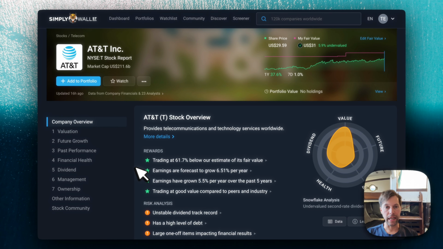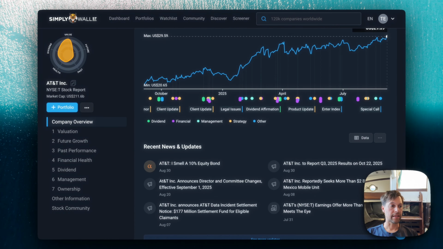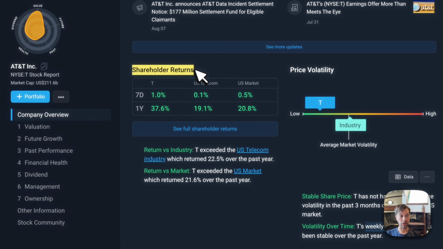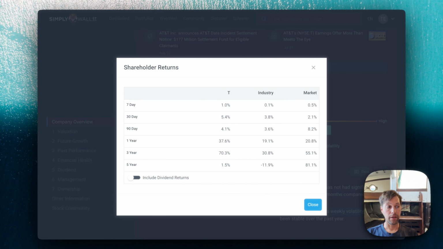The place I'm actually going to start is within the overview. You don't get to it on this side menu, it's within the overview. If I just scroll down, it's just beneath the price chart, and it's this section here, shareholder returns. If I click full shareholder returns, I can now see over the last 5 years how the company has done